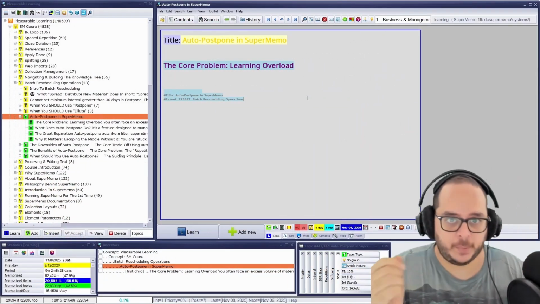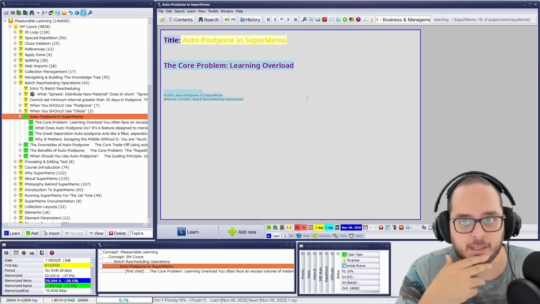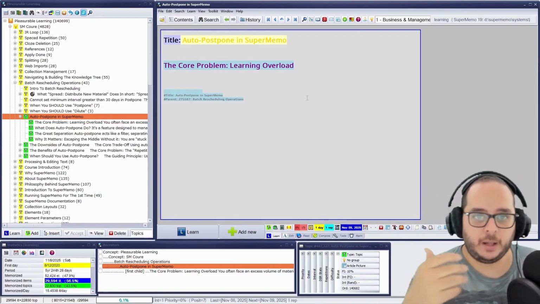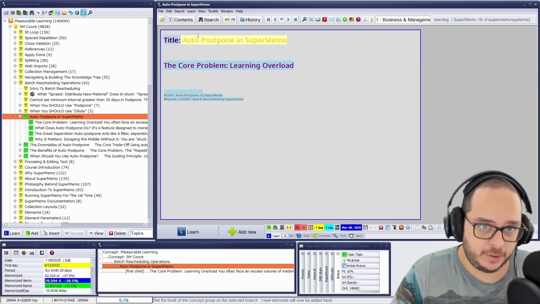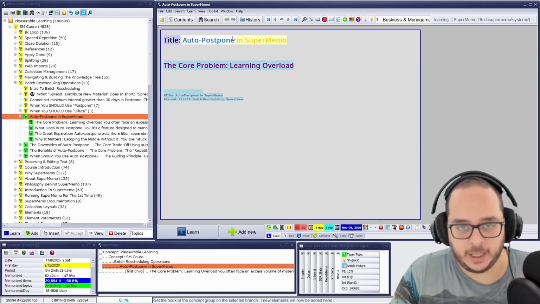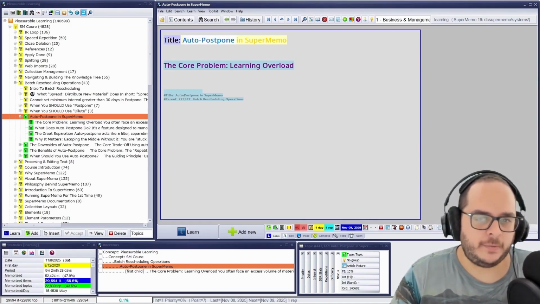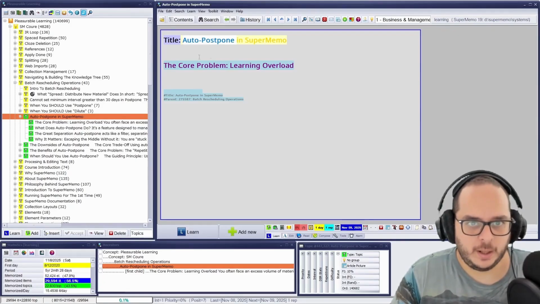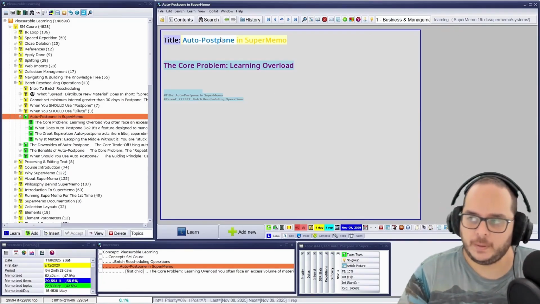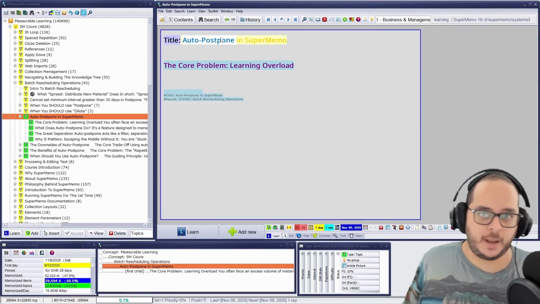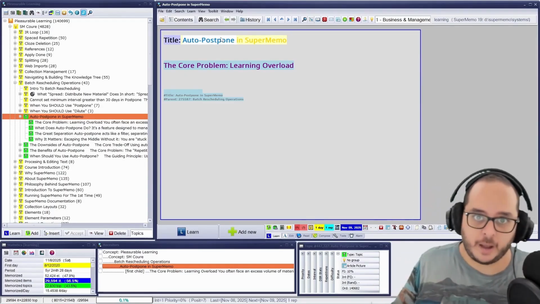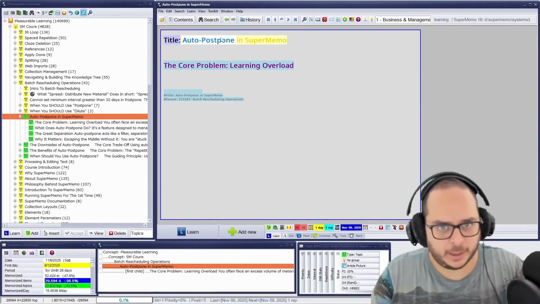Now that we have seen postpone, now it's time to tackle Autopostpone. We have mentioned it, so now let's dig into it. First and foremost, Autopostpone means it will be triggered every day after the day cutoff in your collection, automatically.